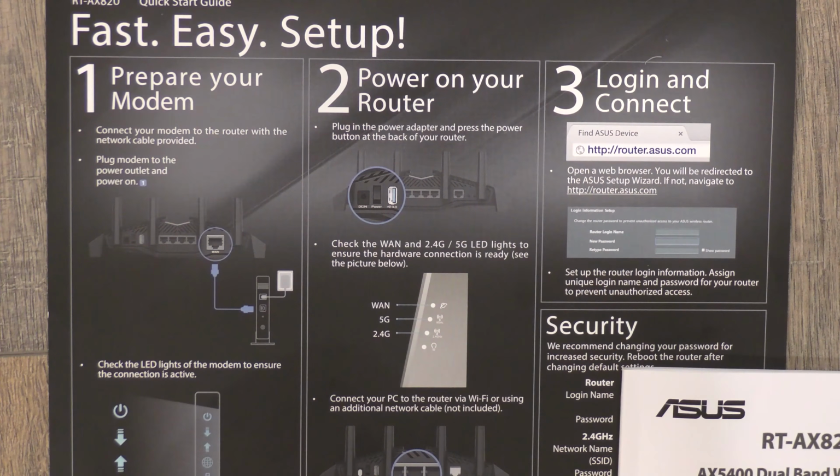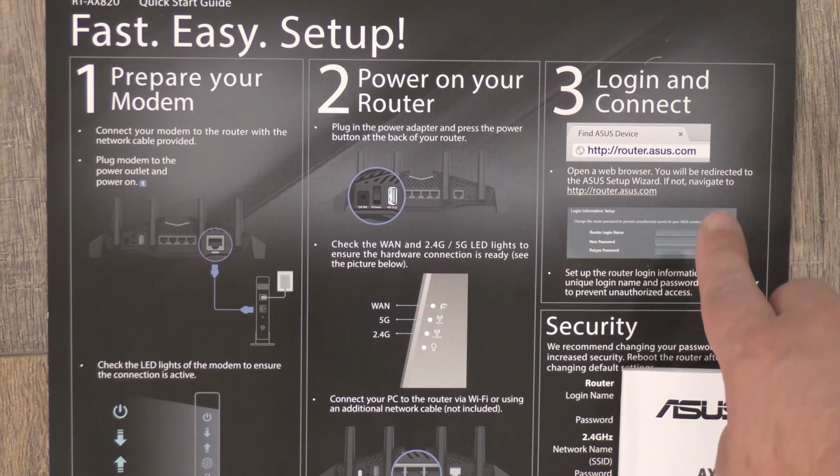Make sure the proper lights are on for your modem. Make sure it's connected. Plug in the router. Then hit the switch to turn the router on. Make sure the WAN and the 2.4 and 5 gigahertz LEDs are on. Then you can set the router up either with Wi-Fi or connecting an Ethernet cable to your computer. I connected an Ethernet cable to my computer, and then you just go to the following URL,